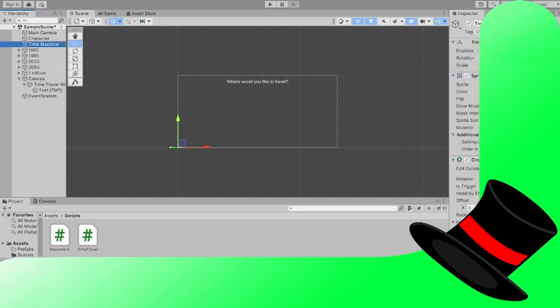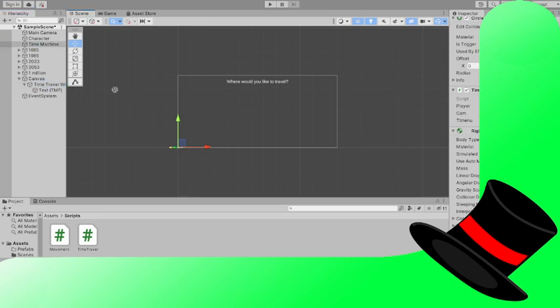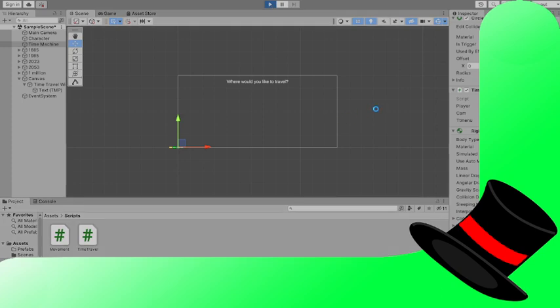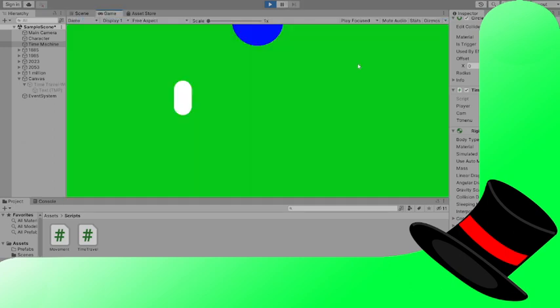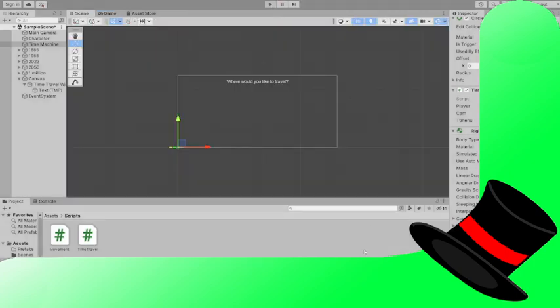So we go into the time machine. We have our TT menu here. We want that to go to there. And so now, we press play. We should see that that text is not there. Perfect. And then when we get close, it is there. But then the problem is, once we get away, there's no way to get rid of that text. So,